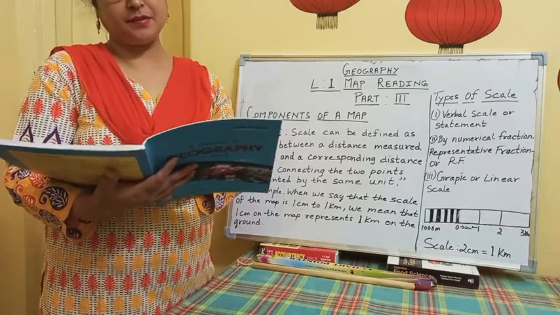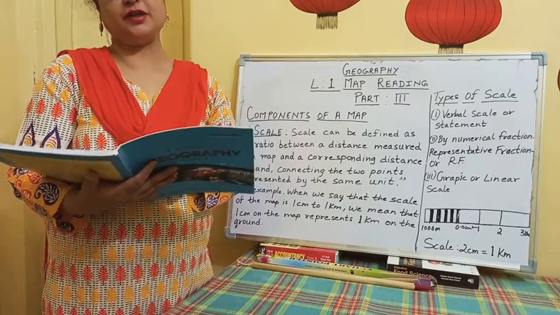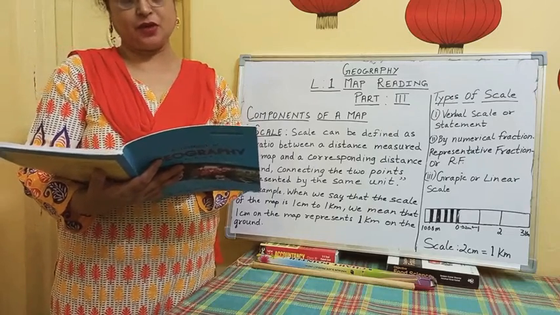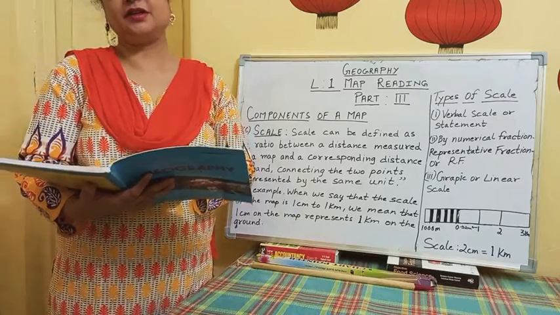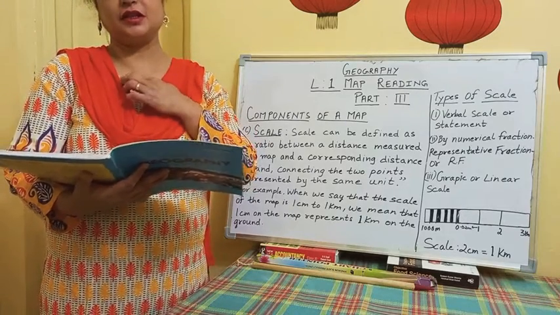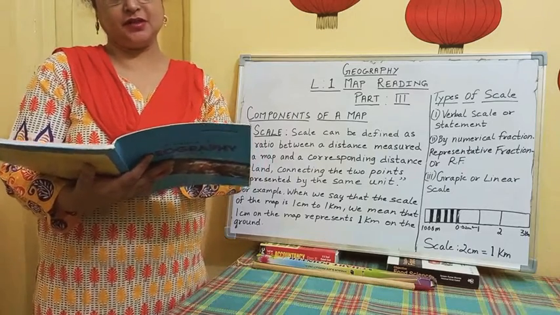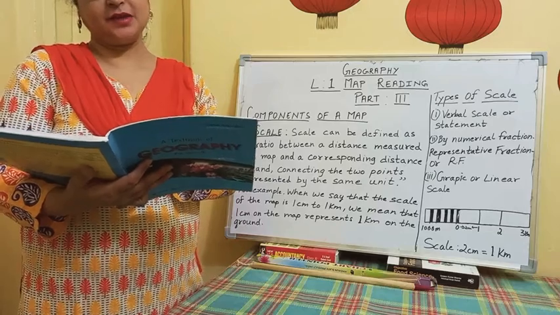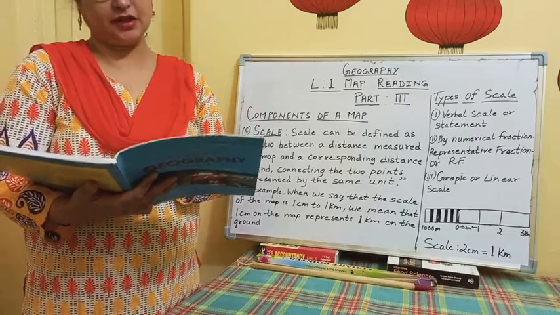Large scale maps depict the geographical features of a small area in detail. We have done this. That large scale maps, what do they depict? They depict a small area in greater detail. Means they give us more information about a small area in greater detail. So they are known as large scale maps. And small scale maps, they only show us important features about a large area.